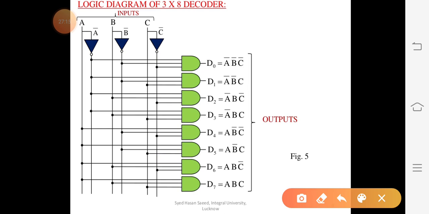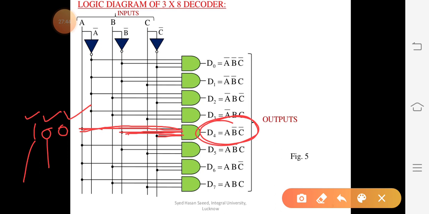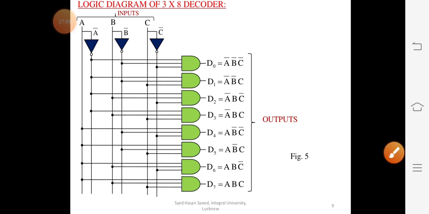Suppose I'm going to take here 4, ठीक है, that means 1 0 0. तो 1 0 0 के लिए देखो, 1 के लिए तो अनकॉम्प्लीमेंटेड पास किया है, 1 के लिए uncomplemented you will attach, and for B complemented signal, and for C complemented signal. That means 1 0 0. So 0 के लिए आप बार वाले यूज़ करोगे, मतलब complemented signals use करोगे. 1 के लिए simple, ठीक है, means uncomplemented, and here you will get the output. So in the same way you will attach it, just like 2 to 4 we have done, same here. So आप किसी भी combination के लिए if you will make it, you can easily draw, ठीक है.